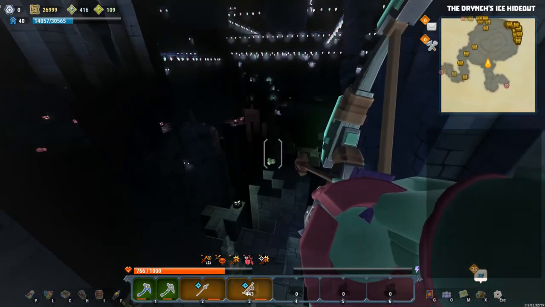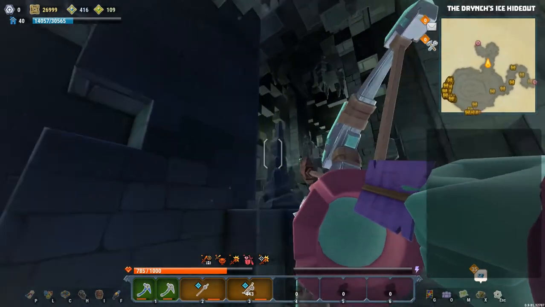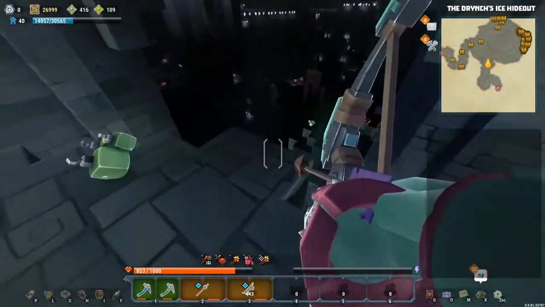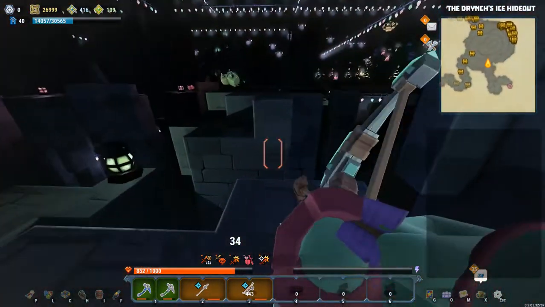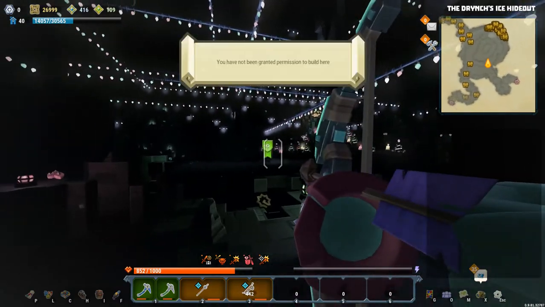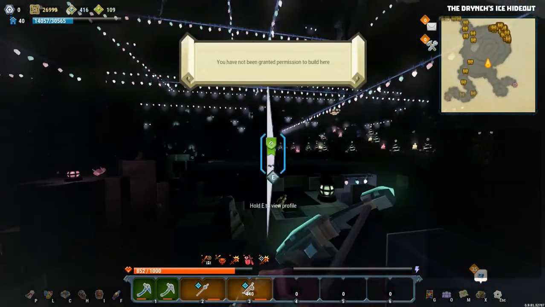Now the Drynch is all the way at the bottom? Wait, what? Okay, the Drynch is spawned up over there. Good. Okay, so now we have some idea, maybe. Alright, sweet. Let's just see what we can do about...